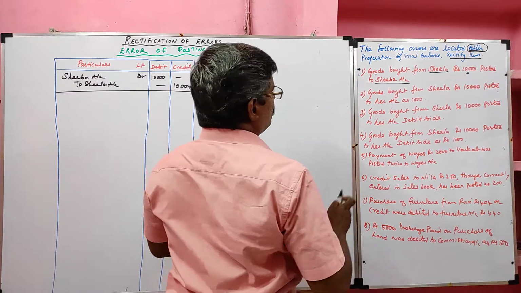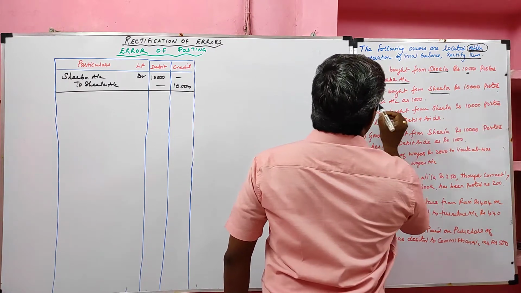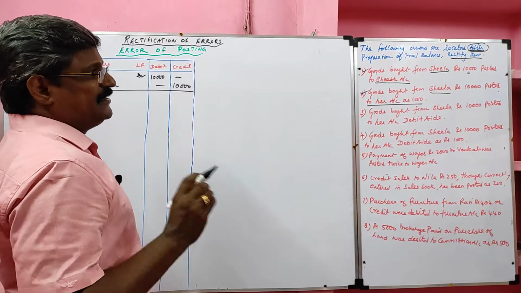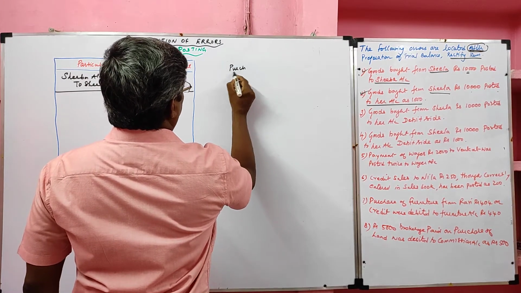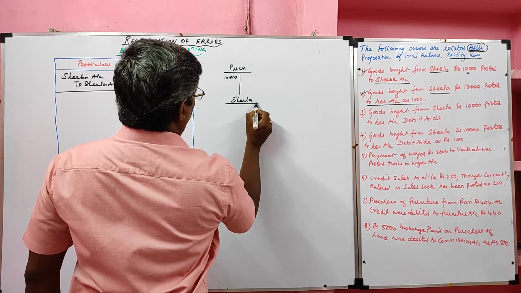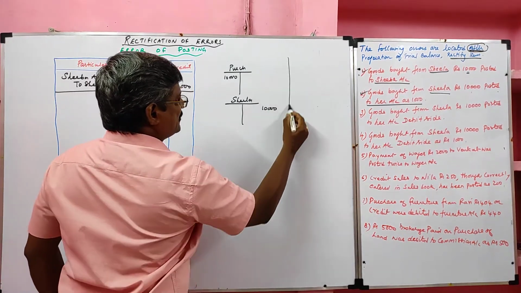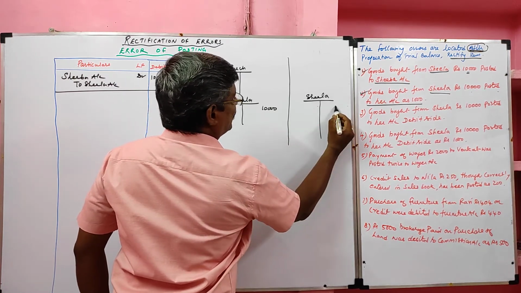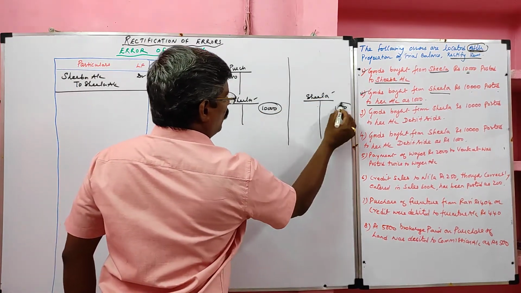Question number 2. First one completed. Second one. Goods bought from Sheila, rupees 10,000, posted to her account 1,000. We bought goods from Sheila for rupees 10,000, posted to her account 1,000. So correct posting is purchase account debited, Sheila account credited. But what they did, the wrong posting is in Sheila account they credited, instead of 10,000 they credited how much? 1,000 rupees.